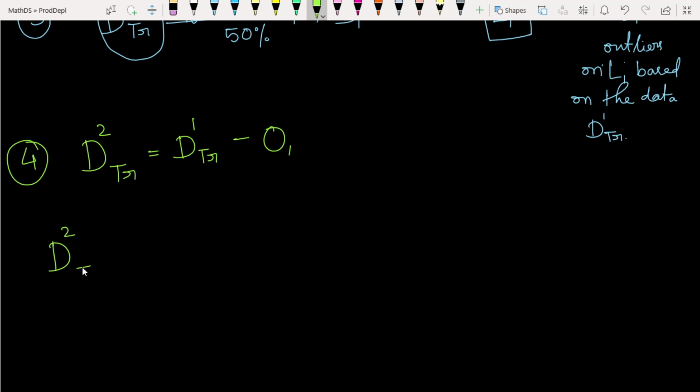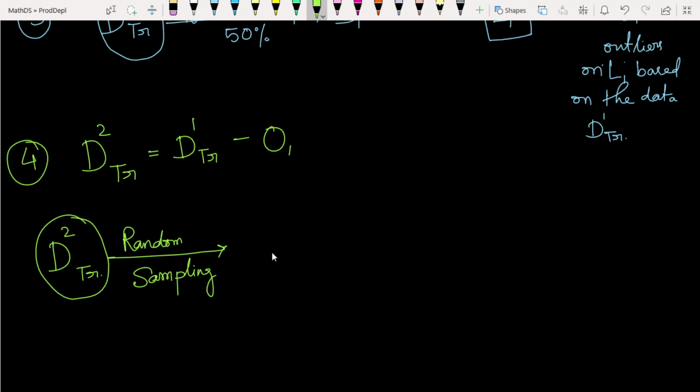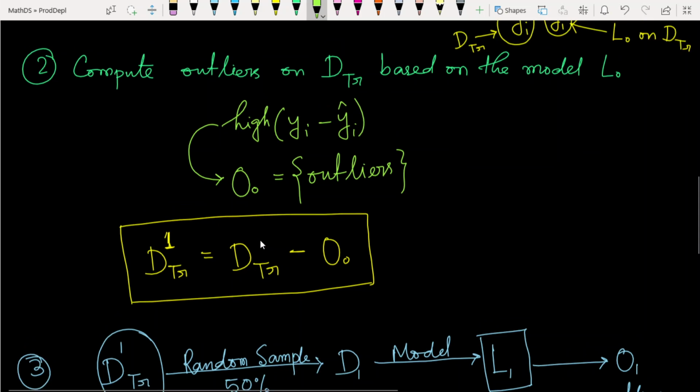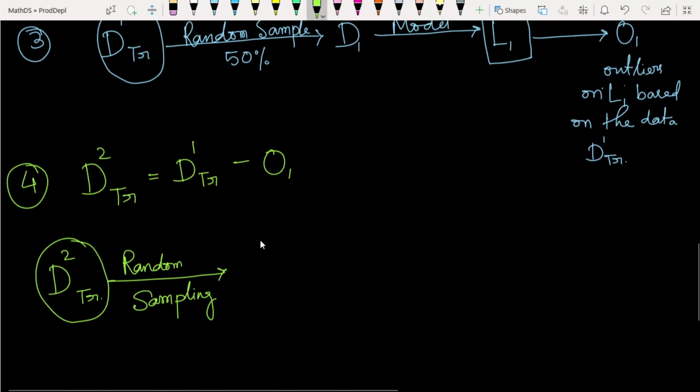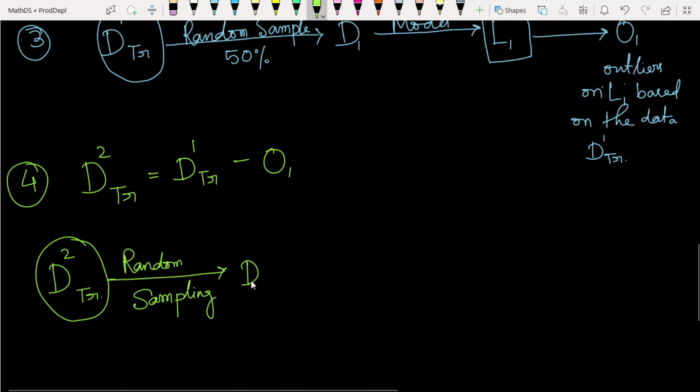On this data D train we use random sampling, and on this random sampling we find D1, and here we find D2. Again using this data we have built the model